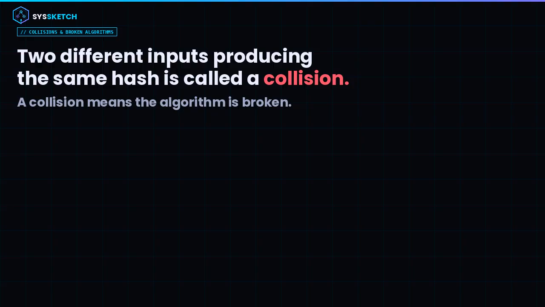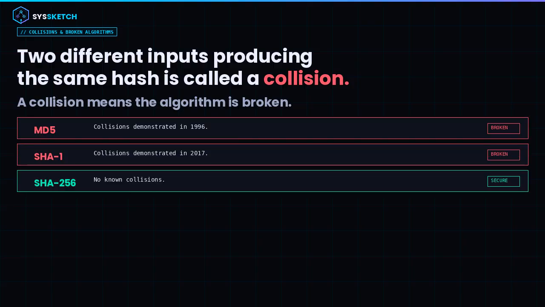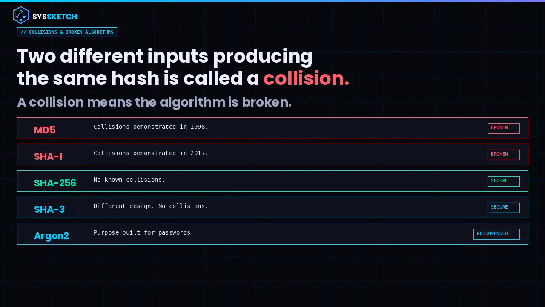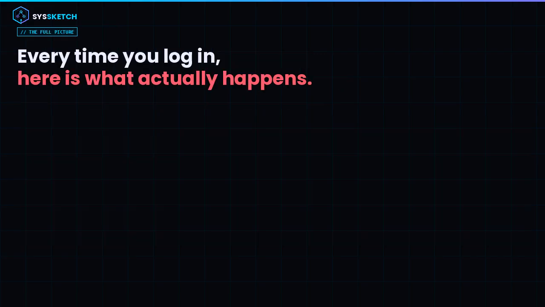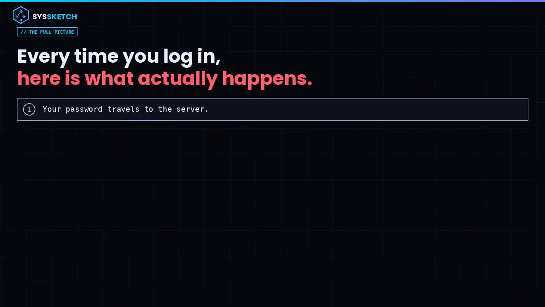You can think of a hash as a unique fingerprint for any piece of data. Two different inputs will almost never produce the same hash. When they do, it is called a collision, and it signals that an algorithm is broken. MD5 and SHA1 are now considered broken for security use, because researchers have demonstrated it is possible to craft collisions. SHA-256 and the SHA-3 family remain secure and are the standard for most non-password cryptographic use today.